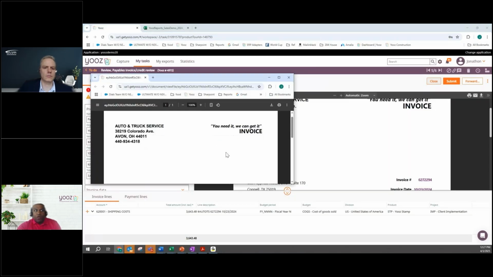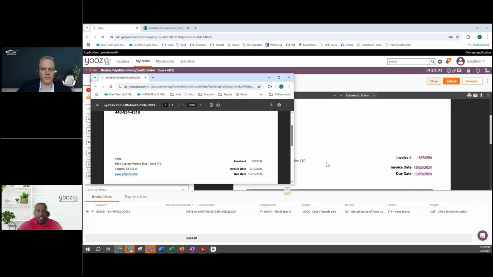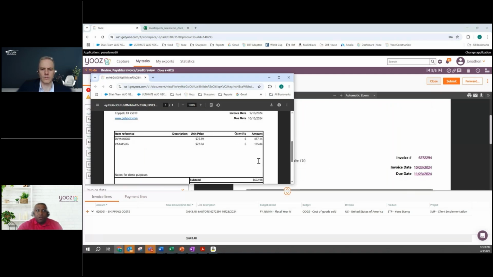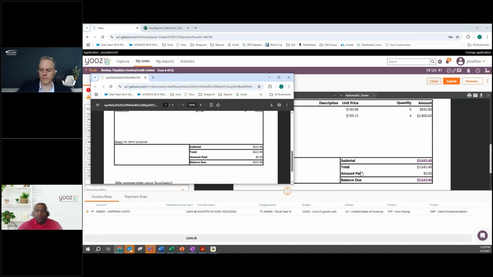So right here, we'll see that our invoice numbers are the same. We'll cross-reference the invoice that just came in. Our due dates are different, but then look at this. Our amount is normally around 600 bucks, and this one came in for 3,600. So it's $3 grand different, and it's alarming you, saying, hey, just want to let you know, here's what's going on.